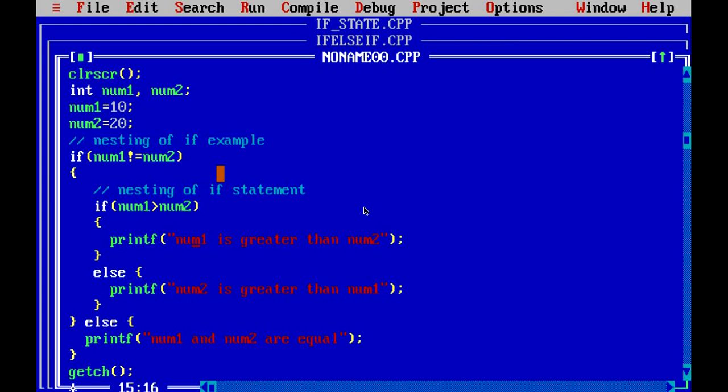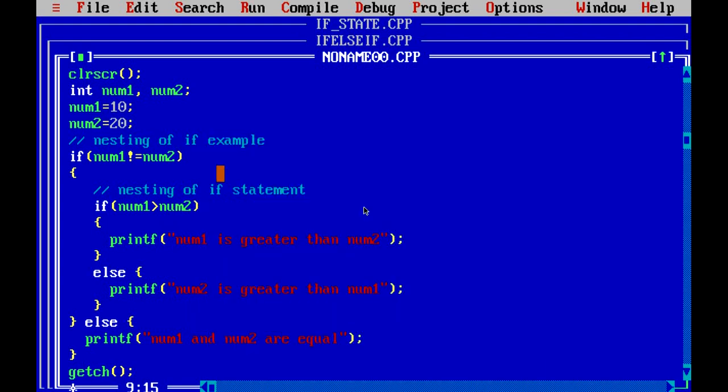If it is not true, then it will print num2 is greater than num1, and if num1 is equal to num2, then we will print num1 and num2 are equal. Let us compile and run.